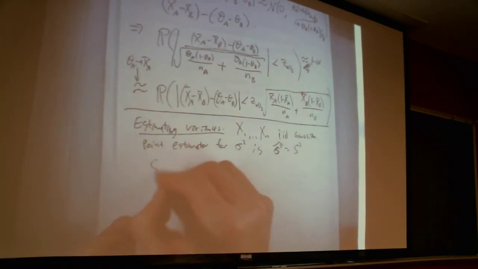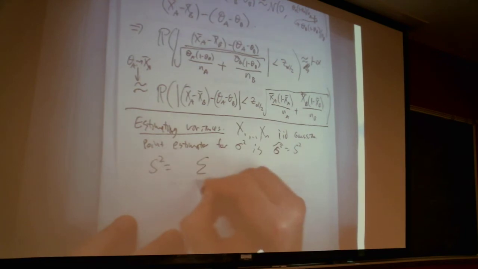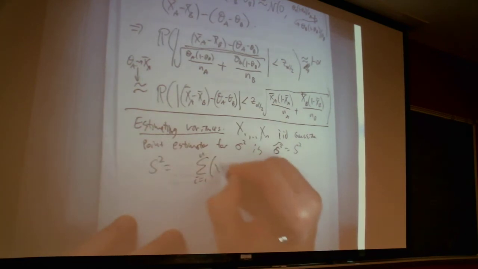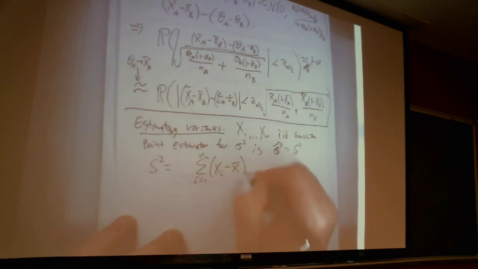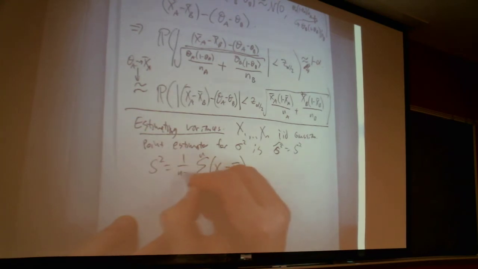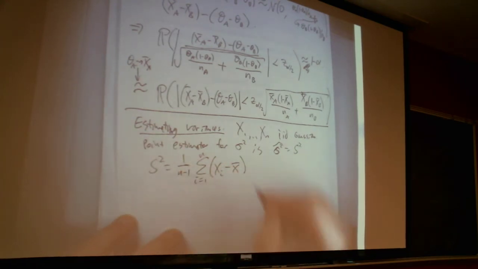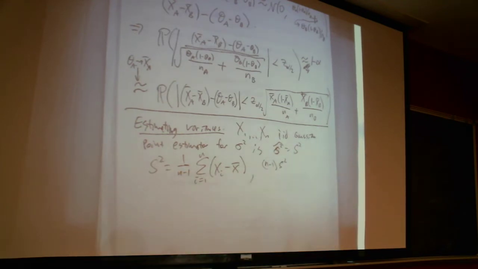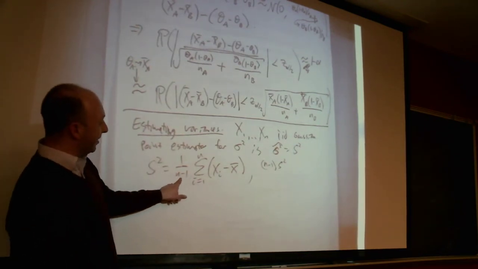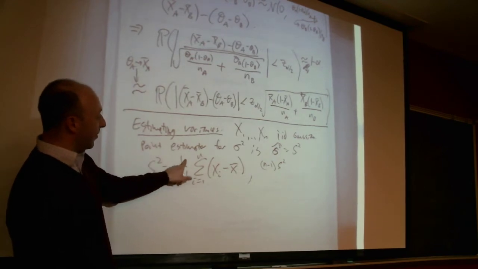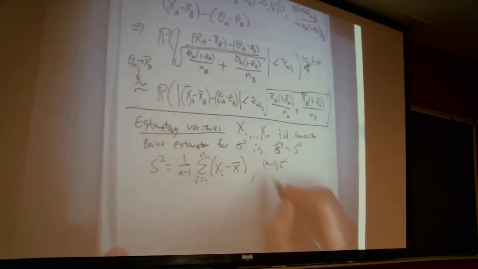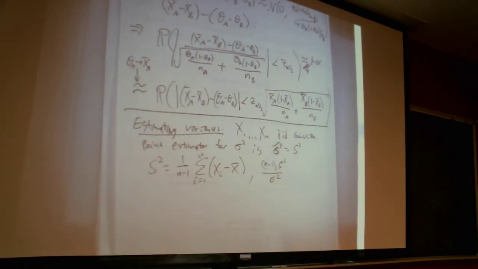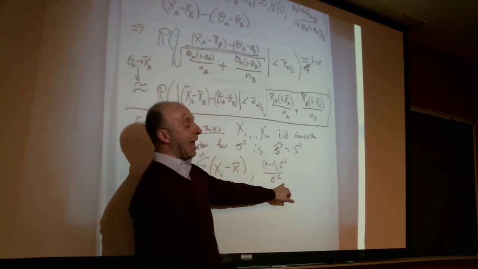Let me remind you, s squared is the sum as i goes from 1 to n of each observation minus the sample mean divided not by n but by n minus 1. And what we showed is that n minus 1 times s squared, in other words, don't divide by n minus 1. This divided by the true variance is a,